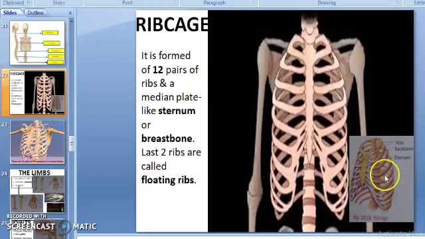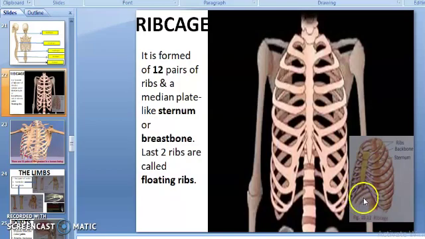Can you see it in the image? In front side, ribs join the chest bone and the backbone to form the rib cage at the back. Now these are total 12 pairs of ribs. The first 10 pairs are attached to the breastbone. Breastbone means sternum. Okay, and the remaining two are free.